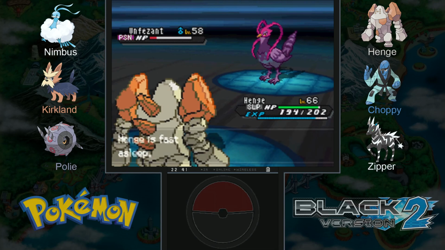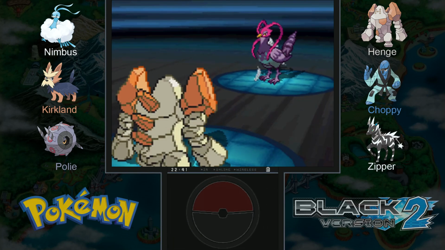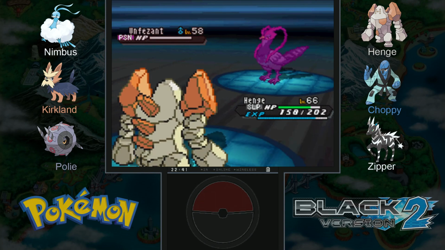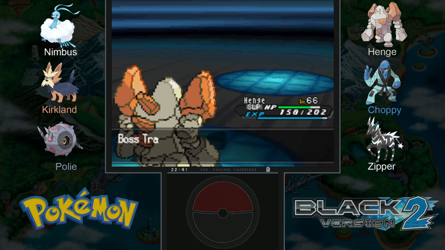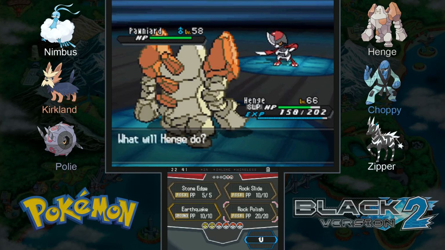Alright, well, that's unfortunate. But I guess the good news is now we can just keep hitting Rock Polish and eventually we'll wake up. Oh, I know, Steel Wing. Good coverage move. Still won't do too much damage because Steel Wing is only 70 base power, doesn't get STAB, and we have a good defense stat, but... Alright, Unpheasant has fainted. Everybody gets some points. Wonder why, looks like we got more experience on Rolly there, but...